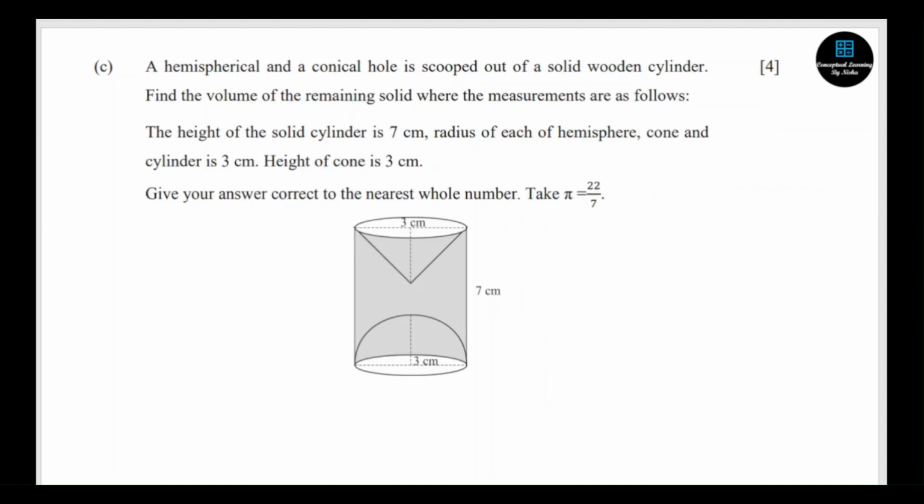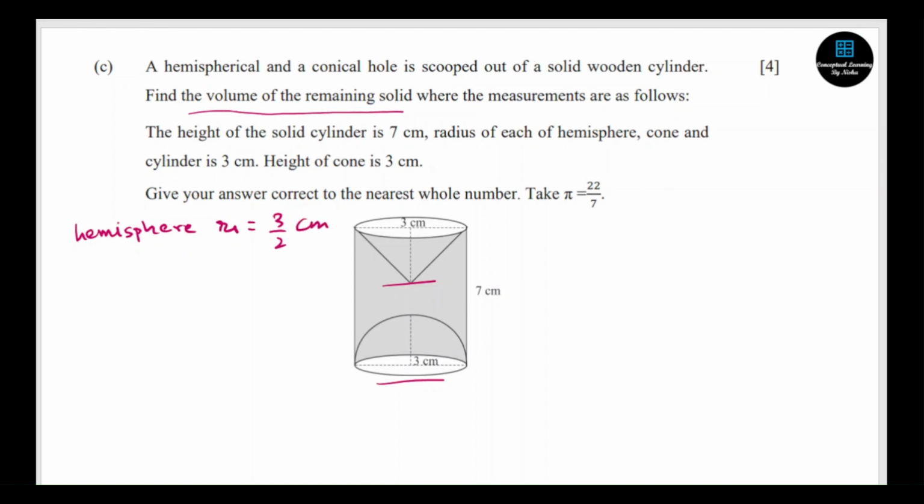Now see, this is also a similar question which we already done so far. So we have to find the volume of the remaining solid. Alright, so here the change is, here it is a cone and here it is a hemisphere which is carved out, right? And now you have to find the remaining thing. So what I'll do is, first of all, write for hemisphere radius r1. I'll take this as 3 diameter, so I'll take 3 upon 2, correct,